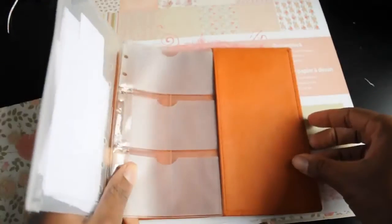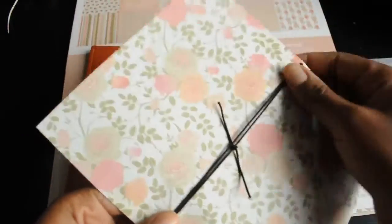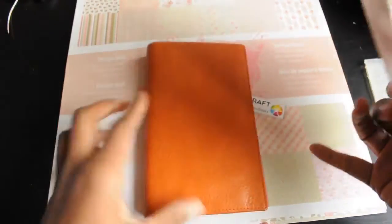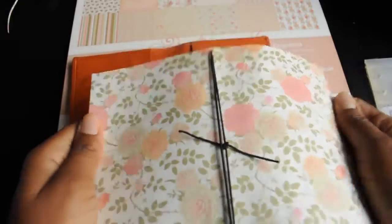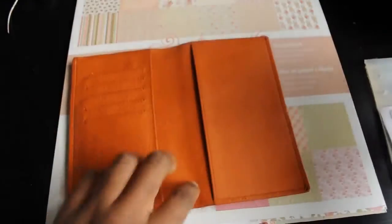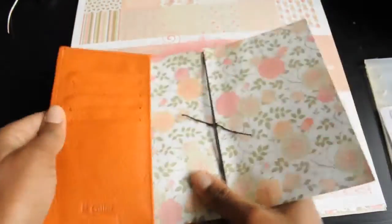And as you can see, though, it doesn't fit in here. So I took an idea that I saw from the Kate Dory movement. If you don't know what Kate Dory is, it's basically the Kate Spade passport covers turned into a traveler's notebook. What people did was they took some paper or something, cut it to size, and put holes in the paper instead of, of course, in the actual planner. And I slid it in,